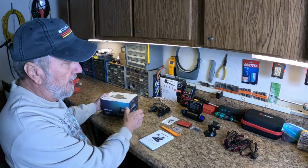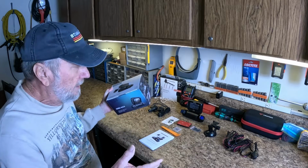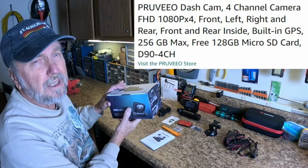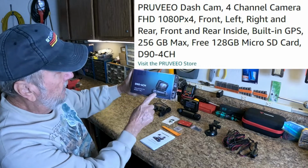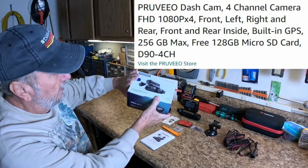I've taken it all out because I have to look at this kind of stuff to find out what it's all about so I can tell you about it. It's one of a kind that I've seen where it has 4 cameras built into this dash cam, and this is kind of what it looks like, the company name and the model number